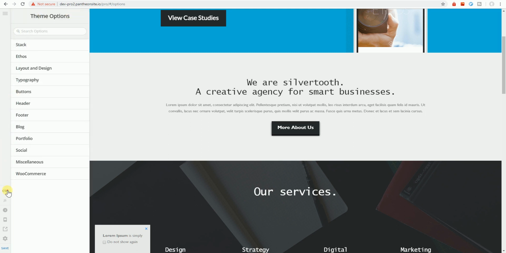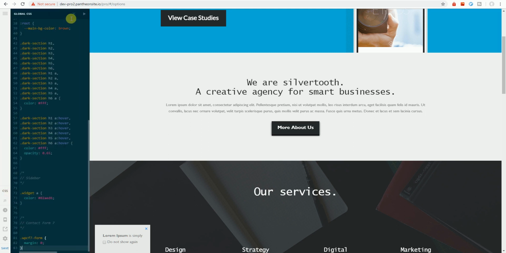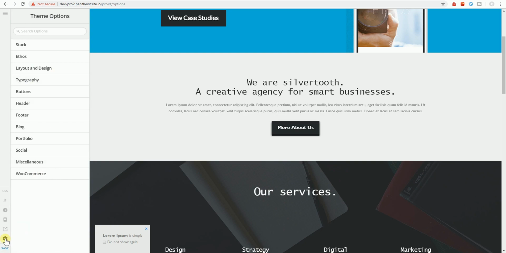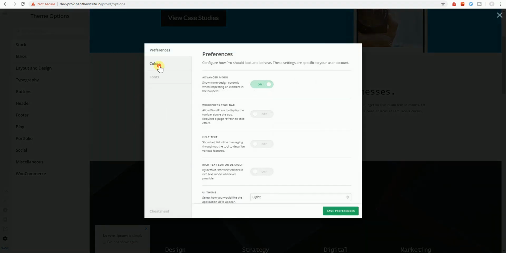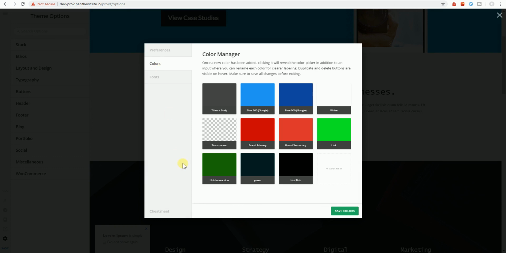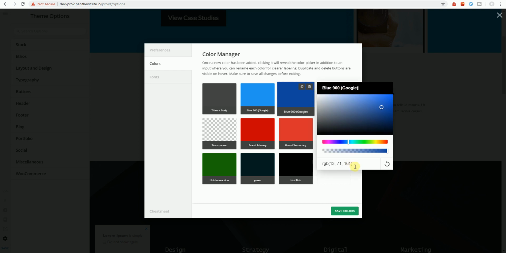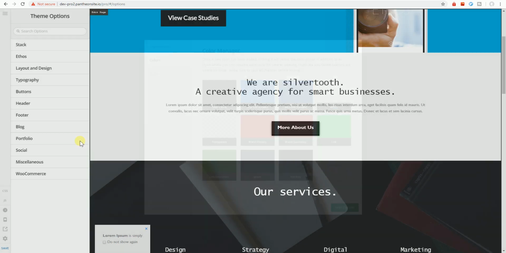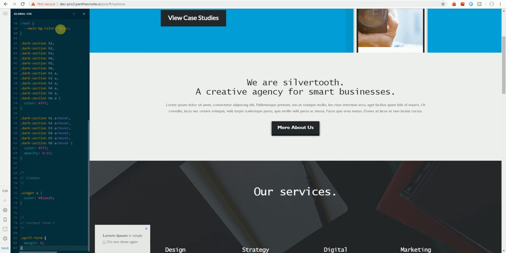So here, theme options, CSS, and let's try to pick a color already defined in our colors manager. So here maybe we'll use the dark blue. So let's check. So let's grab this RGB color, and we'll use that in our color here. So main background, we'll just change the variable to main text,